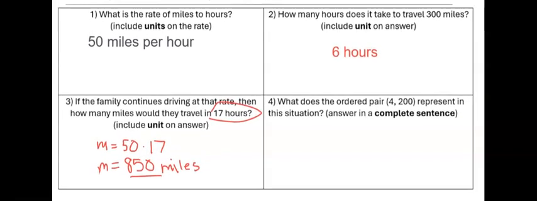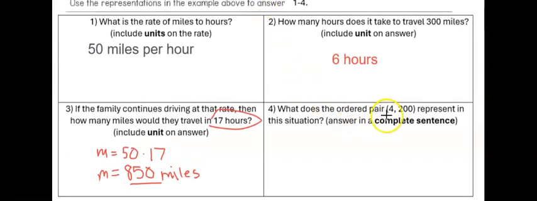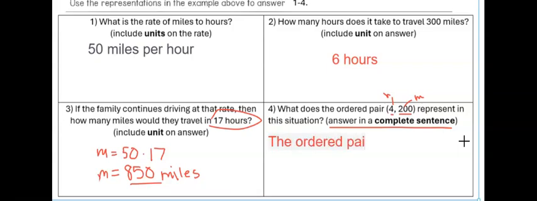Okay, the next question says, hey, what does the ordered pair 4, 200 represent? Remember that 4 is hours on our table. It's the X, it's the first column, and then 200 is miles on our table. It's the second column. It says to answer in a complete sentence. So I would start by just rephrasing the question. The ordered pair for 200 represents